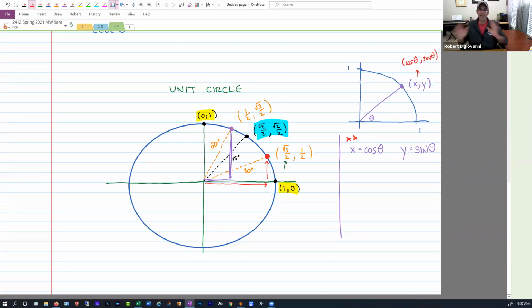So why is this important? Well, now I can ask you for the trig functions at any of the common angles. All you have to do is determine whether or not I'm talking about the X or Y coordinate. Let's do some examples to see if you understand this. So examples here. If I ask you, what is sine of 0 degrees,